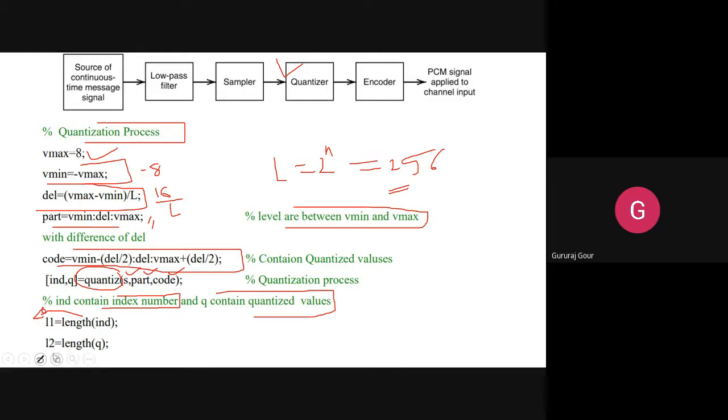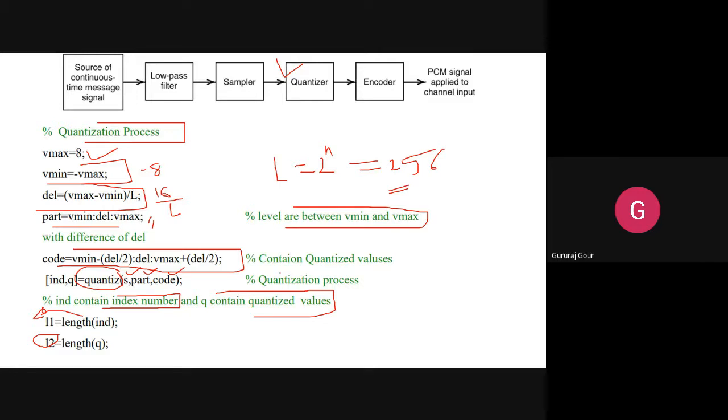In L2 it will store the length of Q, that is the quantized values. Remember, L1 indicates the index and L2 indicates the quantized value. So this completes the quantization process.